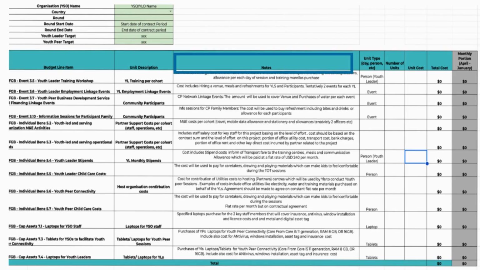Notes give further details, like the purpose of the funds, for example, for events, refreshments, or logistics. Unit types and costs allow us to measure spending on a per person, per event, per unit basis, ensuring transparency and accountability in resource allocation. By comparing this budget to actual spending in the future, we can calculate the variance to ensure costs remain under control and align with financial goals. This template ensures we plan effectively while tracking every expenditure.